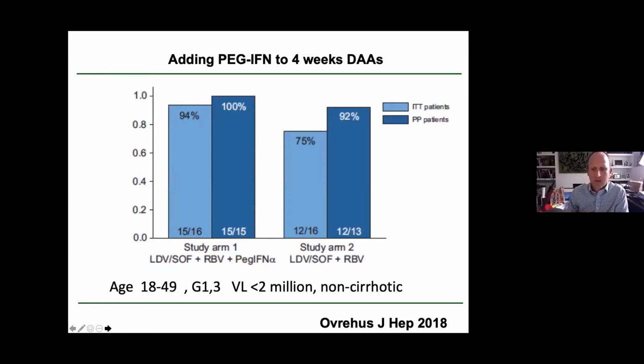And this is a study published from a Danish group a couple of years ago, which I think is quite interesting. Relatively small numbers, some selection of patients, so generally non-cirrhotic patients with viral loads under 2 million, relatively young population. But you can see here, with only 4 weeks of sofosbuvir in the liposphere, adding ribavirin and pegylated interferon, it was possible to achieve 100% SVR12 with a per patient protocol and only slightly lower on an intention to